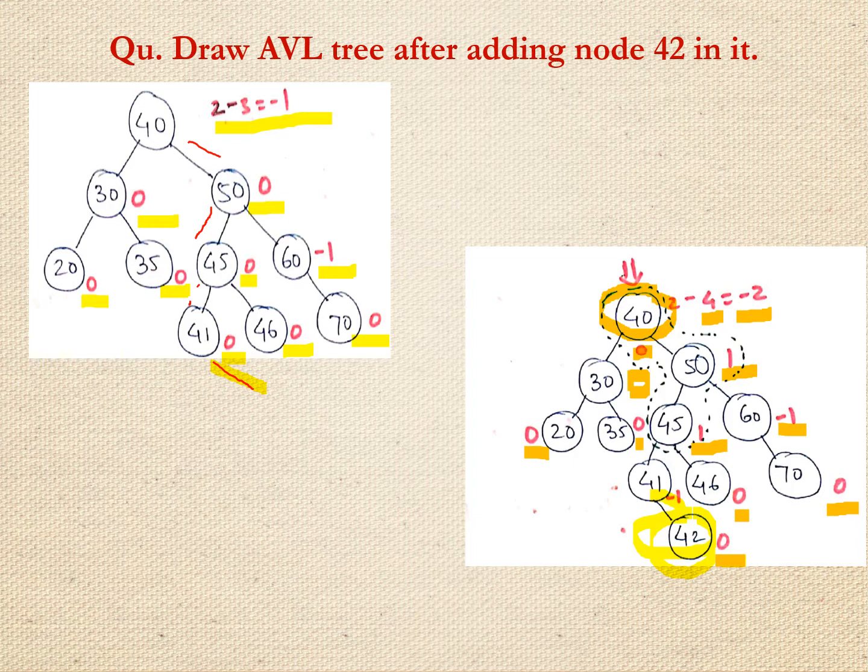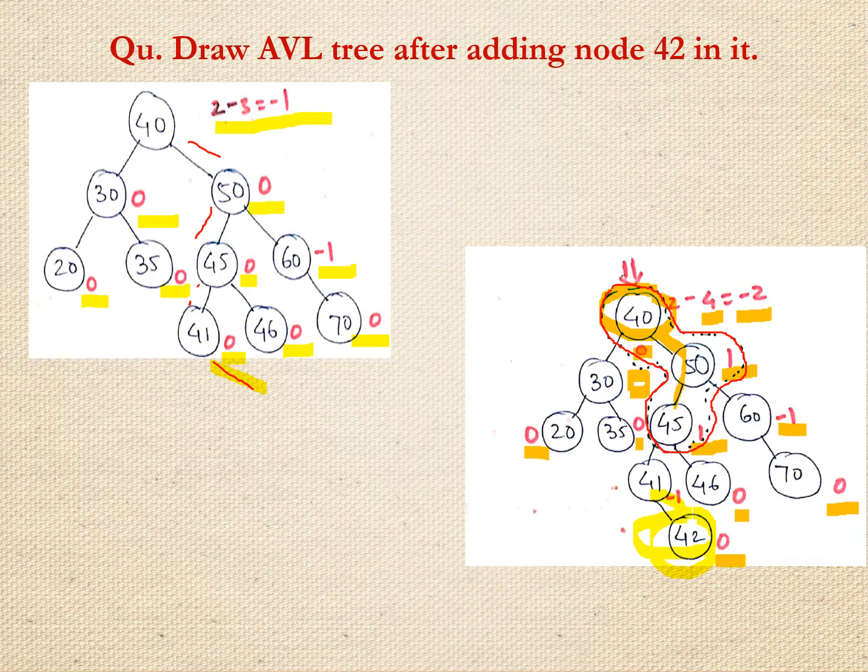Now why has this happened? Because you have added a node 42 at the end here, means right of 41, that 41 is left of 45, 45 is a left of 50, and 50 is the right of your 40. So that means there is an imbalance at the node 40, and this is a right movement here, and again it's a left movement. So we can verify that we have to perform the rotation, or the balancing, in this region of the AVL tree. Fine.